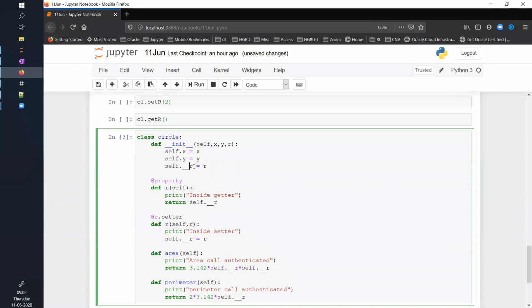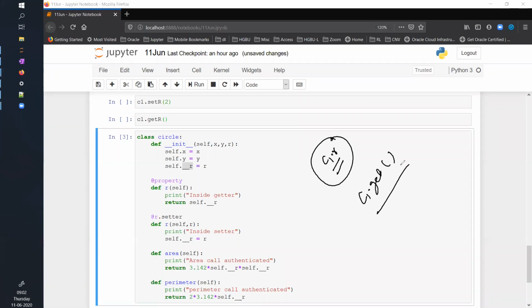If I give double underscore, that is, I'm making this attribute private, then the user will not be able to access it. But the user was initially accessing these attributes by saying C1.R, correct? I want the user to access these attributes with this style of code also, and C1.getR, whatever that functionality was.